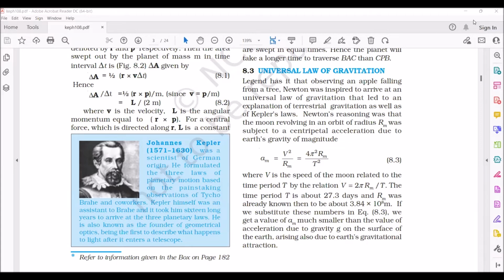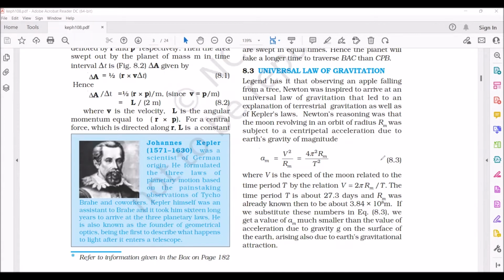This universal law of gravitation not only explained the reason why the apple was falling from the tree, but it also explained terrestrial gravitation, meaning the reason for the planets' movement: why the planets are revolving around the stars, why the earth is revolving around the sun, why the moon is revolving around the earth. The universal law of gravitation gave the answer for this question, and it also gave the answer for Kepler's